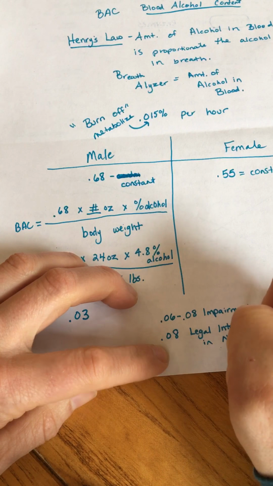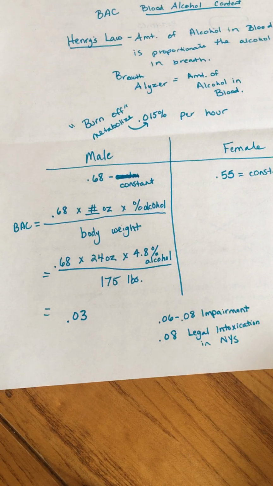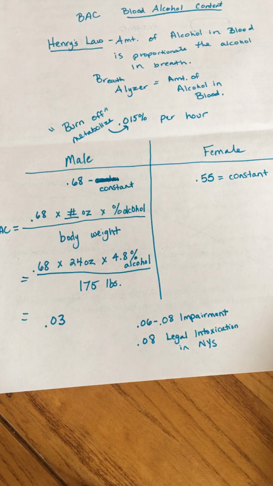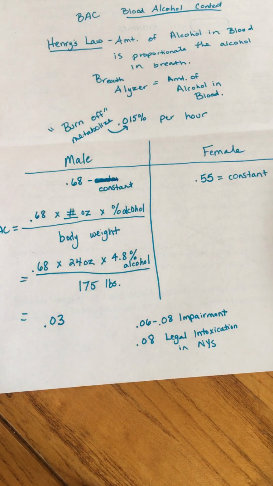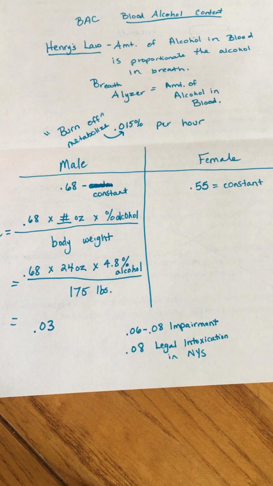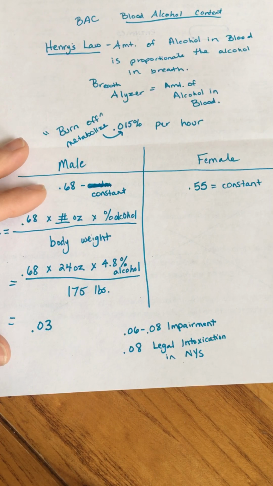Sorry. And we also talked about other variables, right? We talked about gastric emptying and how quickly the stomach is passing your food through to the small intestine, because 75% of absorption happens there. So we already talked about that. So there are variables, but this is sort of a standard process. If these 2 beers were drunk at a normal rate, how would that blood alcohol content be affected?